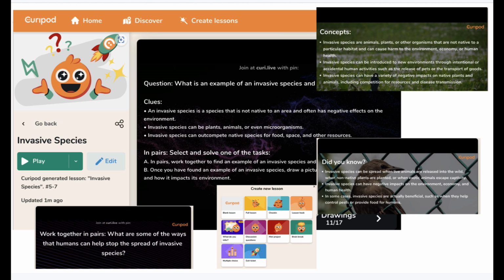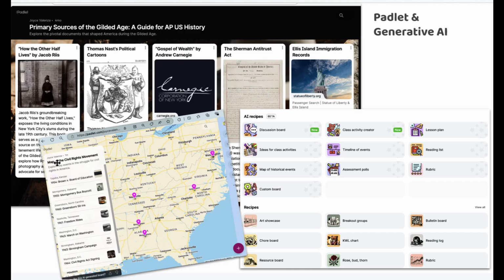And the slide deck, you can have it connect to any kinds of standards that you're looking for. Recently, Padlet created a tool where it will use AI to create these boards. In this case, I wanted primary sources of the Gilded Age for AP US History, but I also am able to do a prompt and have Padlet generate a map of the civil rights movement that's interactive for me, with which my students can also post on top of it. So there are really wonderful researchy type applications within the AI new facilities of Padlet.